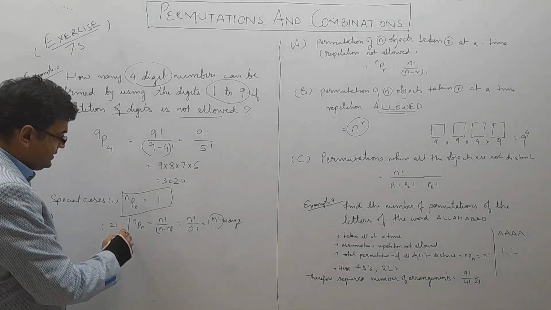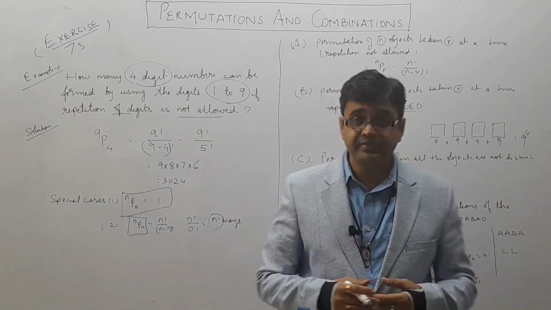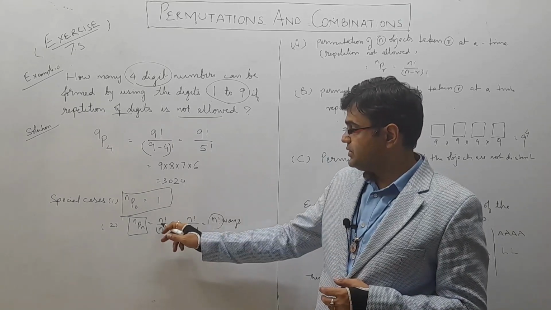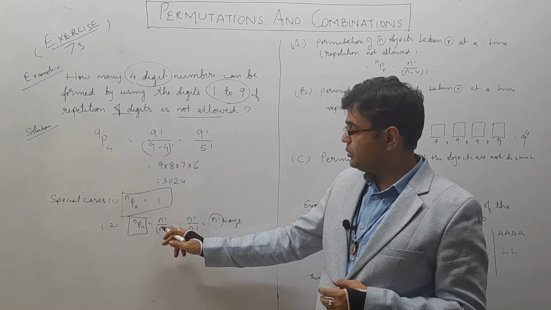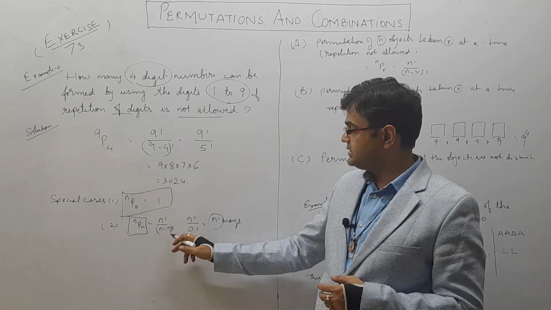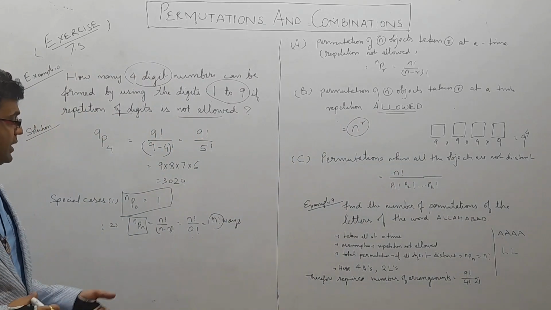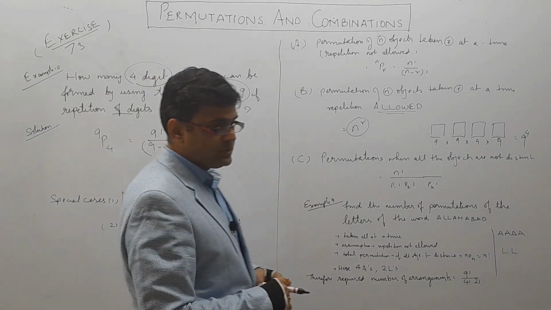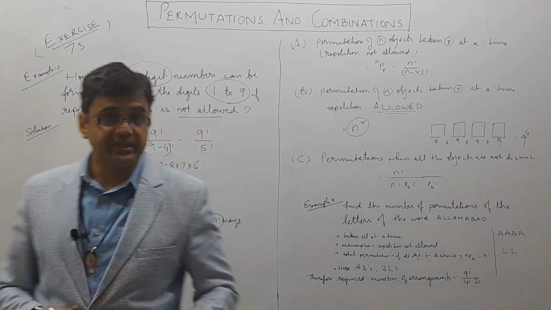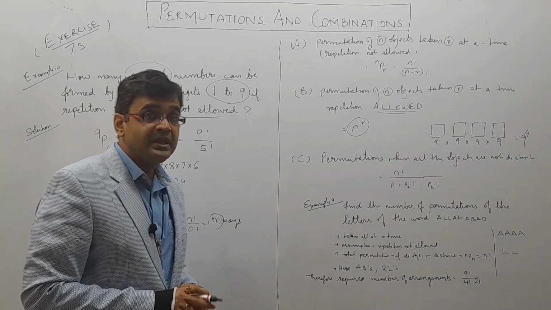And secondly, the second extreme is if all the objects are taken at a time, that means n objects taken all at a time. Simply if we substitute this in the given formula, we get n factorial upon n minus, instead of r we'll write n, so n minus n is 0 factorial, and we know that 0 factorial is defined as equal to 1. So n factorial upon 0 factorial is equal to n factorial ways. These are the two special and extreme cases of the formula of nPr, the formula of permutation.